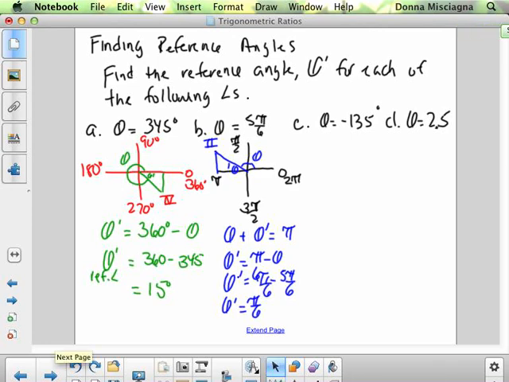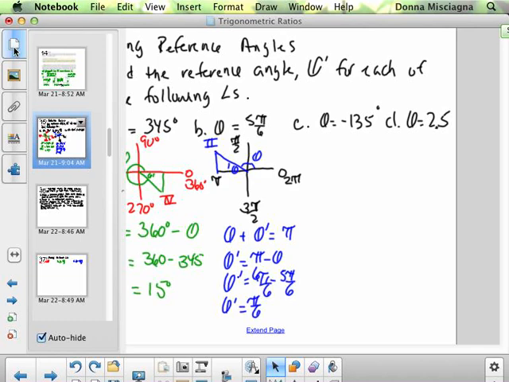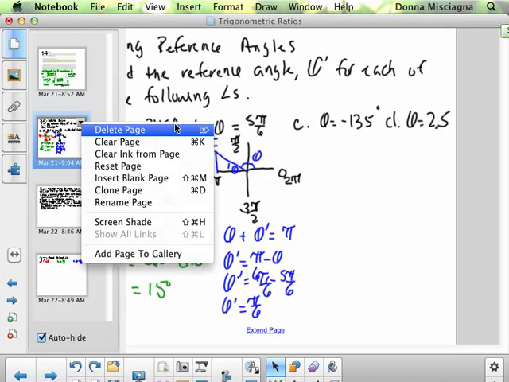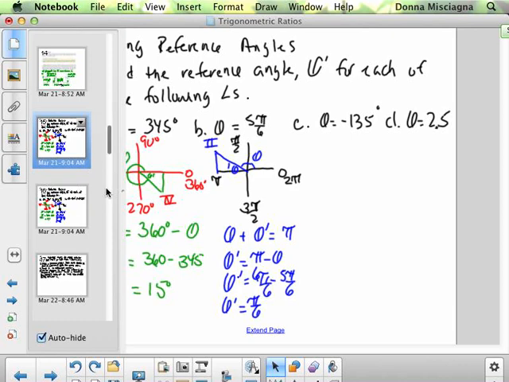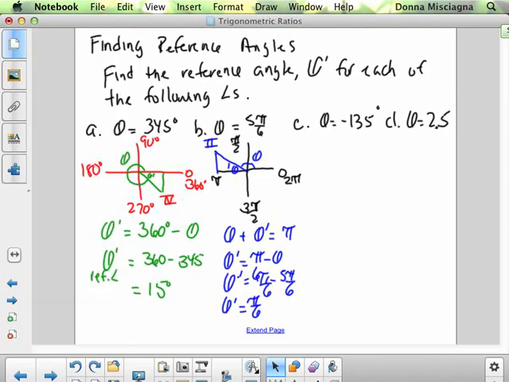I am going to make a duplicate of this page because I am running out of space. All right, and let's do the last. I can maybe fit the next one in, but the last one I'll do on the next page. All right, so I'm just going to erase this because he's going to be on the next page. All right, so negative